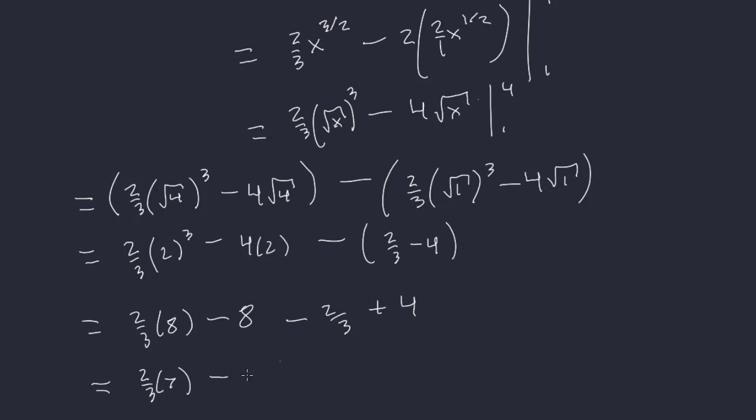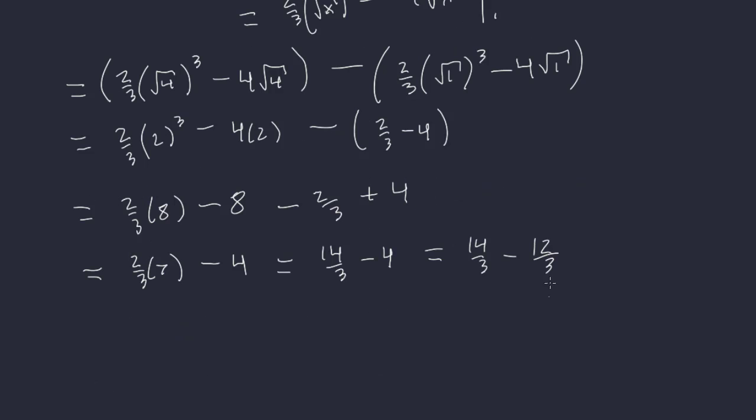Then the minus 8 plus 4 is, of course, going to be minus 4. And so we're going to have 14/3 minus 4. And then 4, when we put it over 3, is 12. So I have 14/3 minus 12/3, which is going to be